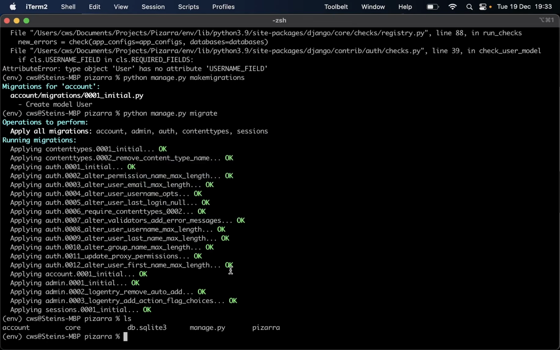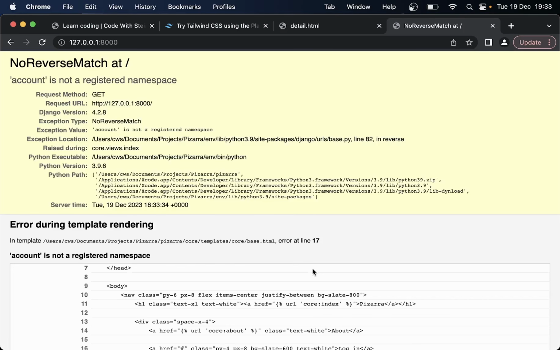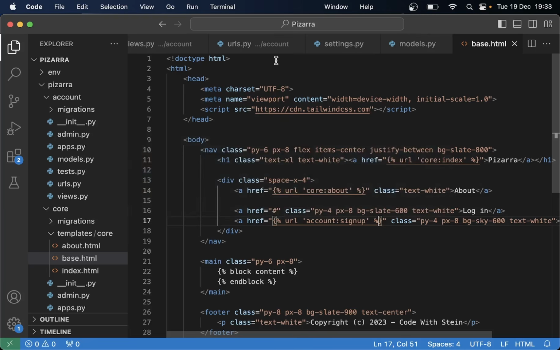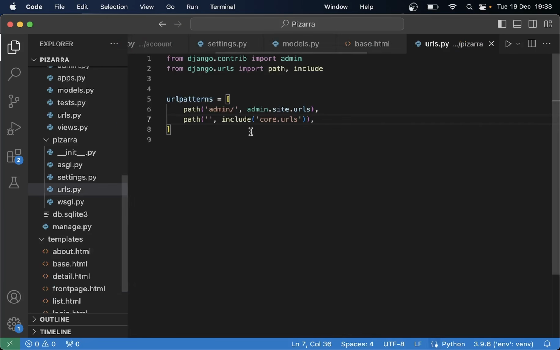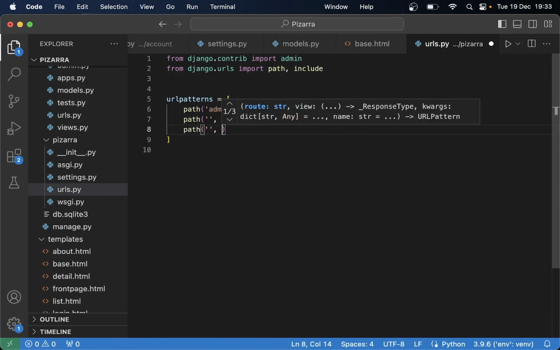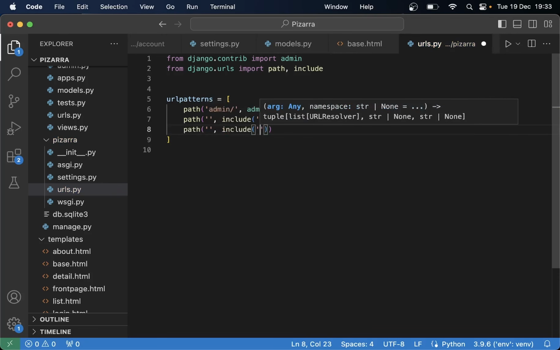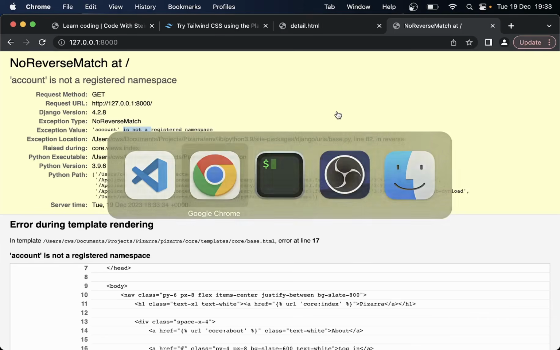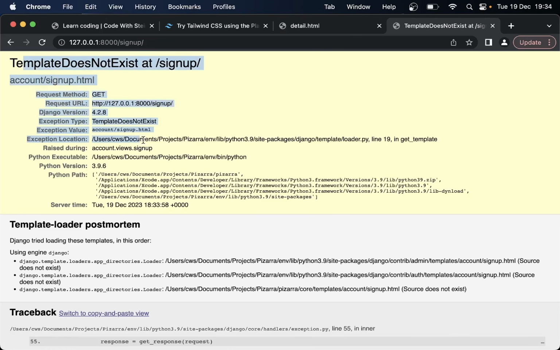Okay, the error is that I haven't run the server again. Refresh, and then account is not a registered namespace. Okay, so if I open up urls.py inside the Pizarra main, then we need to include it here first. So path, when this is empty, include, and then account.urls. Save. Refresh. And then I should be able to click this, and then I get that this is not